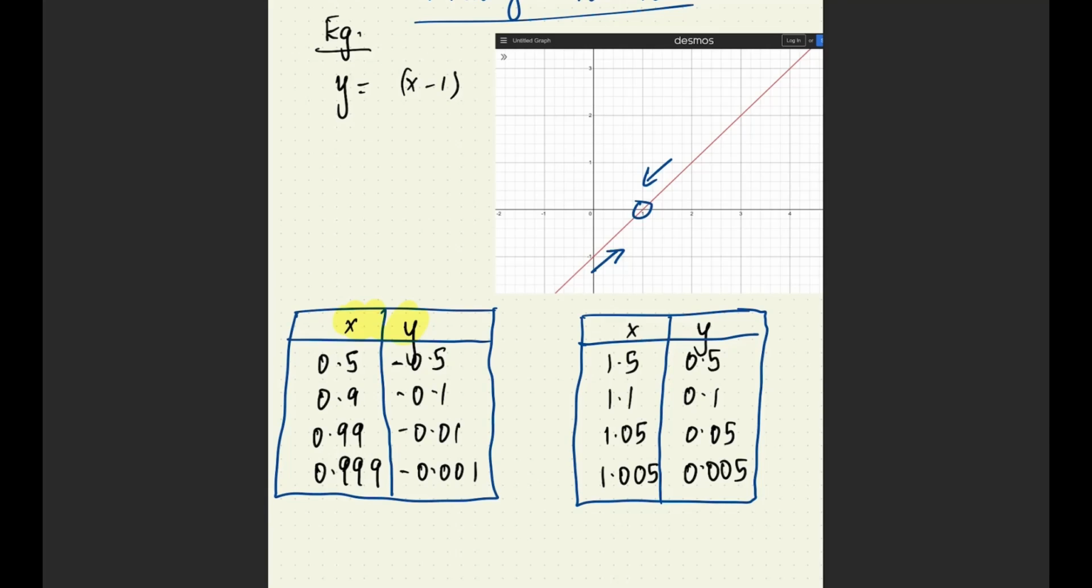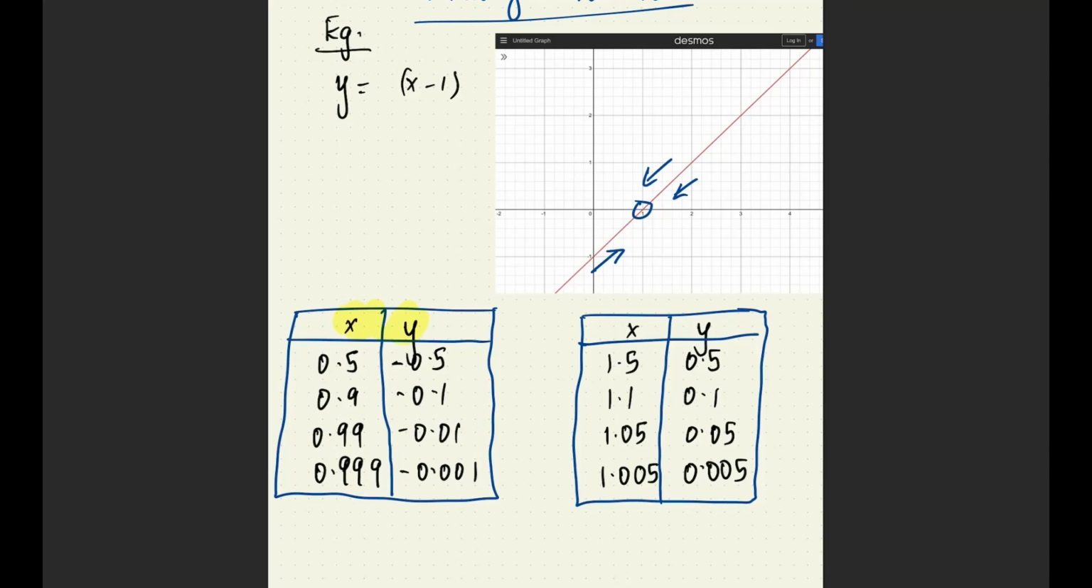When x is 0.99, y is negative 0.01. When x is very close to 1, that is when x is 0.999, now y is negative 0.001. Okay, so that is from the left hand side. Now on the right hand side, meaning we're going from right to left in this direction,